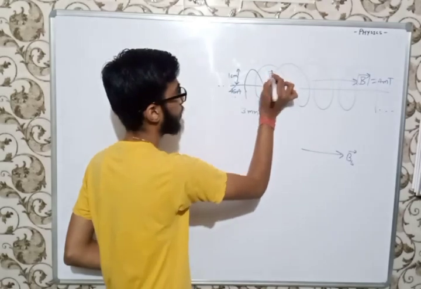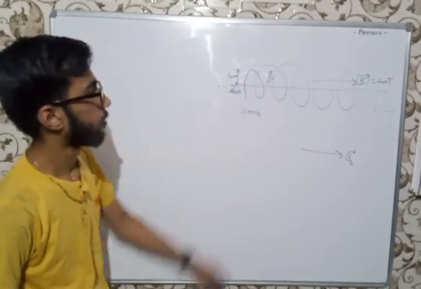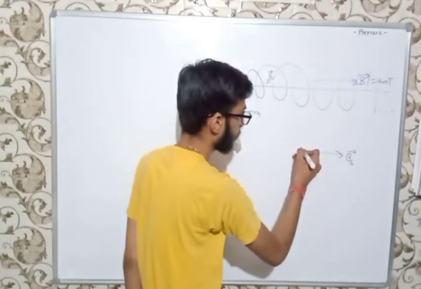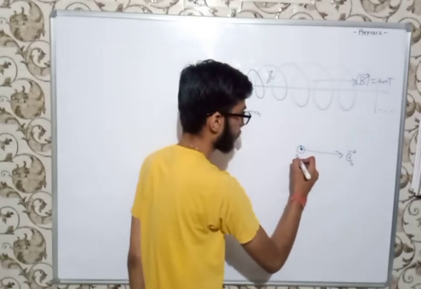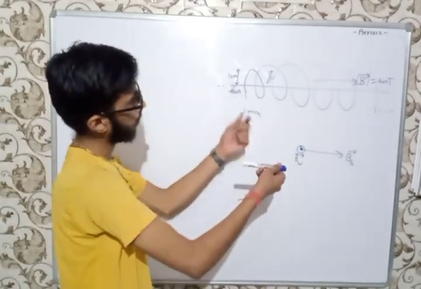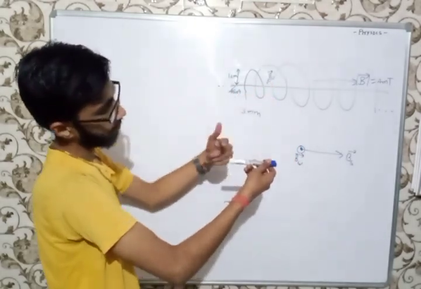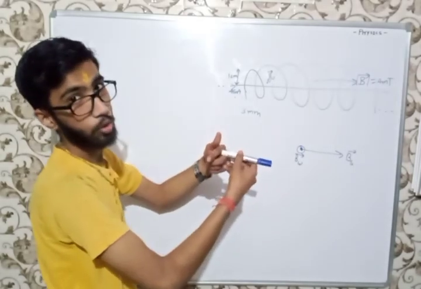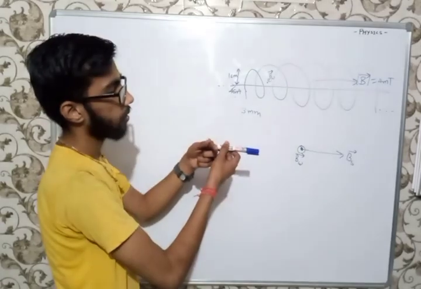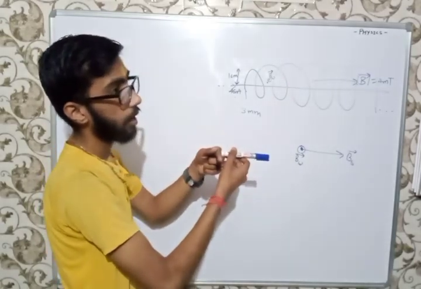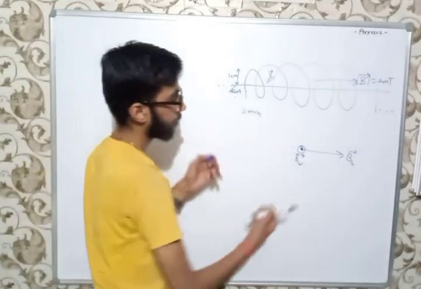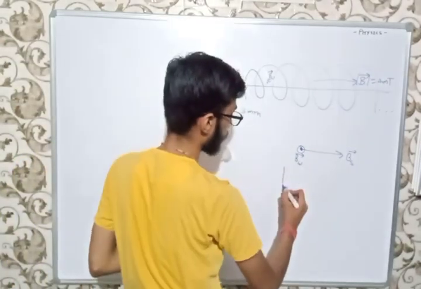B_W, the magnetic field created by the wire, is coming out here, dot. B_W field is going there, and the magnetic field created by the solenoid is in this direction. So both are mutually perpendicular. You can also visualize this by looking at the upper view. If you see it from the upper side, the diagram will look like this.